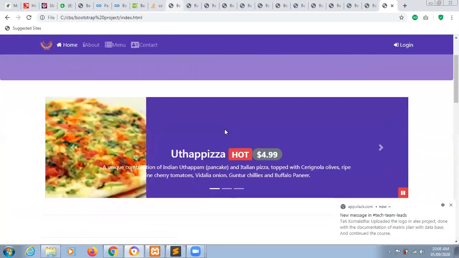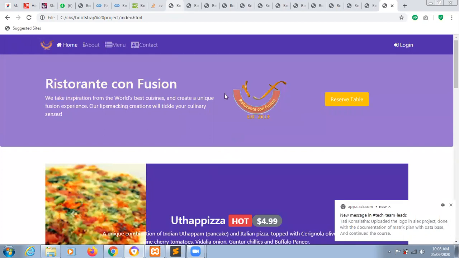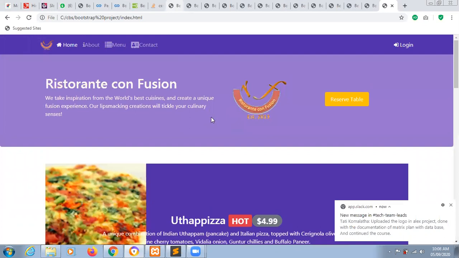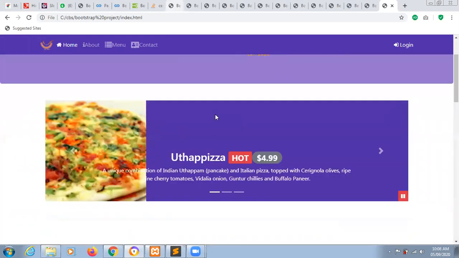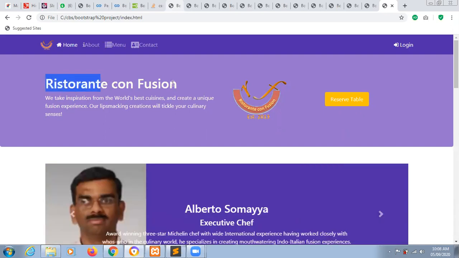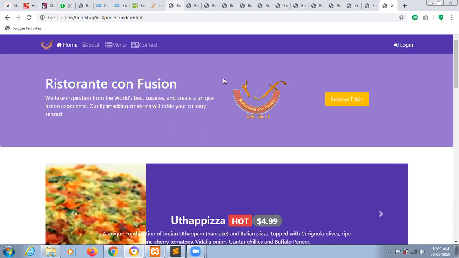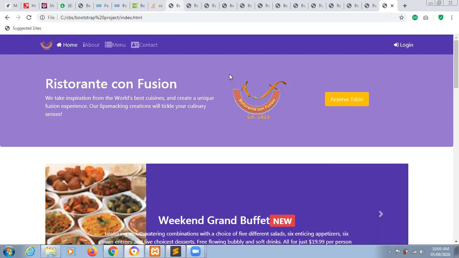Now, madam, this is the carousel. I put three images here, madam. Here, madam, this is the button. This is the logo. So what is this called? This restaurant part, this one. What have we used for this? I am speaking about that background. This one, CSS, madam, I used here. Can you show me that in the code?